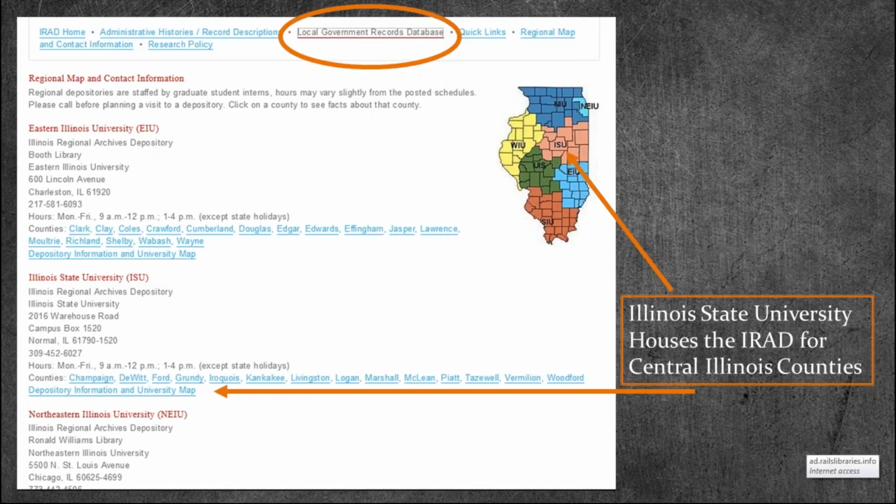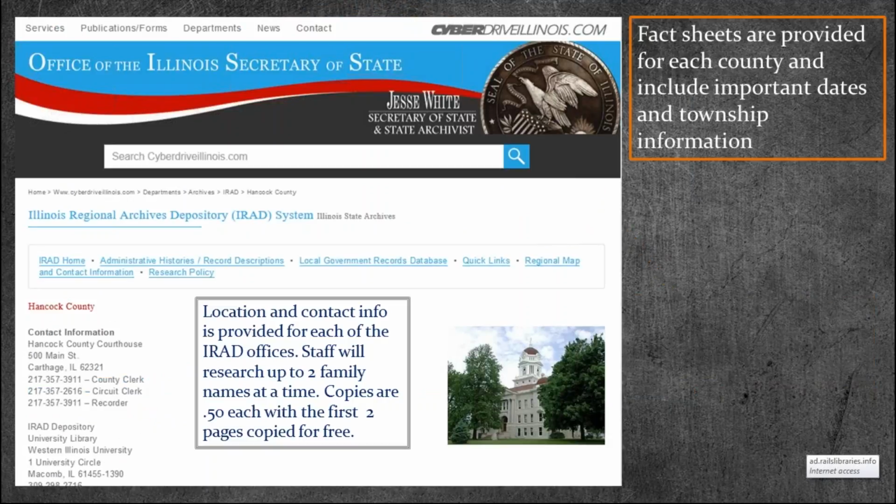You can call them and you can write them a letter, but you cannot email them. So the patron's not going to get an online, quick answer. Like I said, these are records that are offline. These are records that they have to kind of do the digging away from the computer. But when you click on one of these, so let's say we clicked on Grundy County, then it would tell us the types of information that they have on the county. So this is just a snapshot of the top of the page. It tells me the county information. It tells me the phone number for the county clerk, the recorder, the circuit clerk, what their address is.